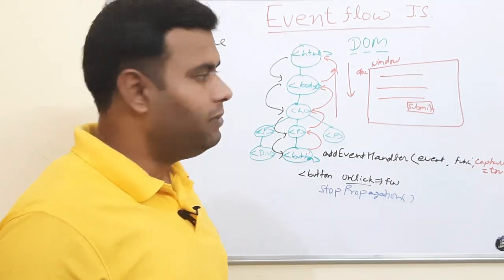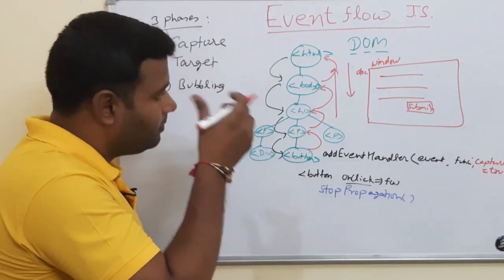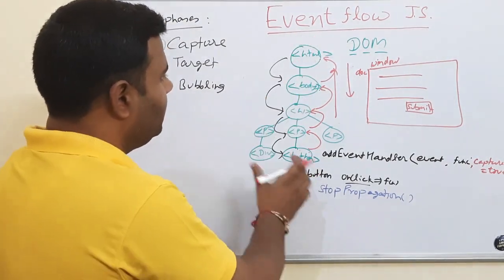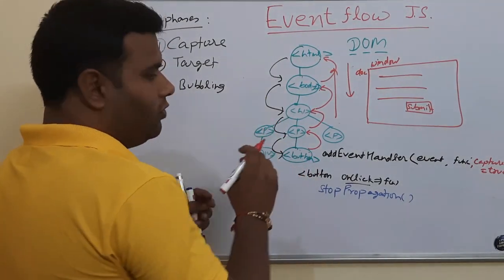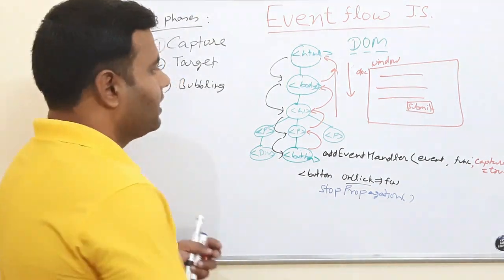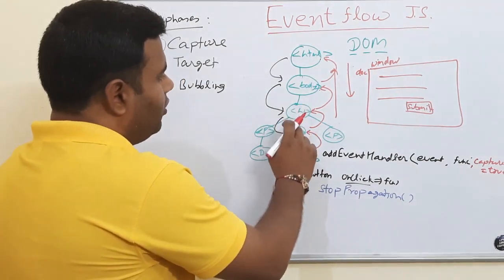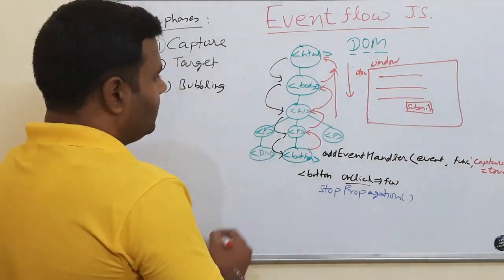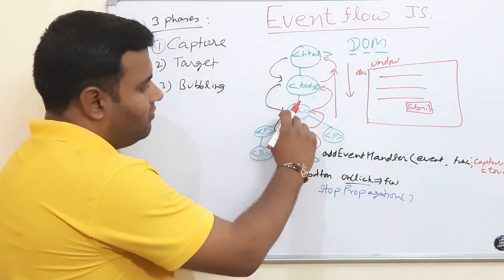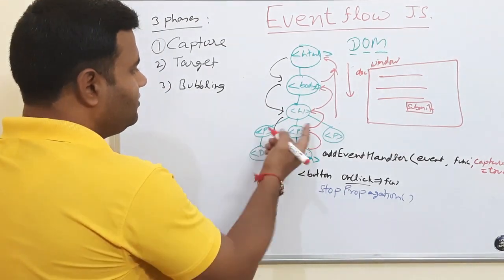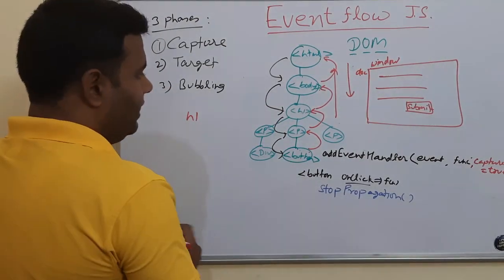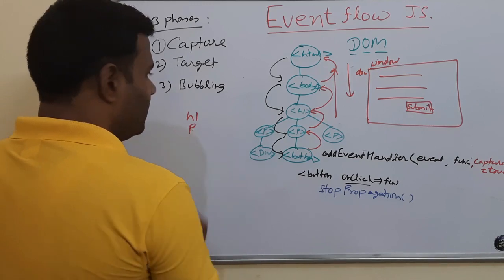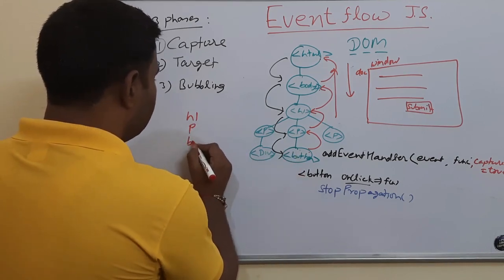And there can be a requirement, for example, a simple example on this tree. Let's say you want to alert something, on the H1, P and button. Let's say the requirement is the first alert should come from h1, the second alert should come from p, and the third alert should come from button,